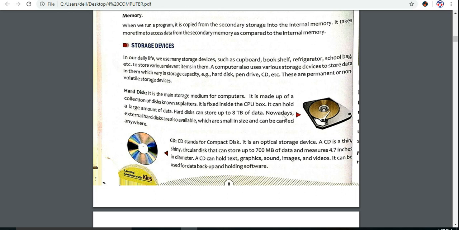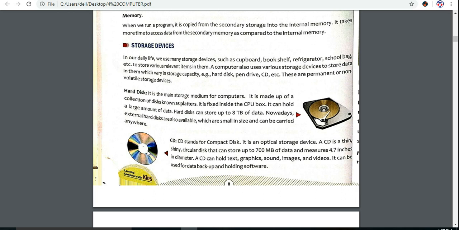So you can see this is a figure of a CD. This CD is in a circular shape. It has a diameter of 4.7 inches. It is a shiny circular disk and can store up to 700 MB of data.